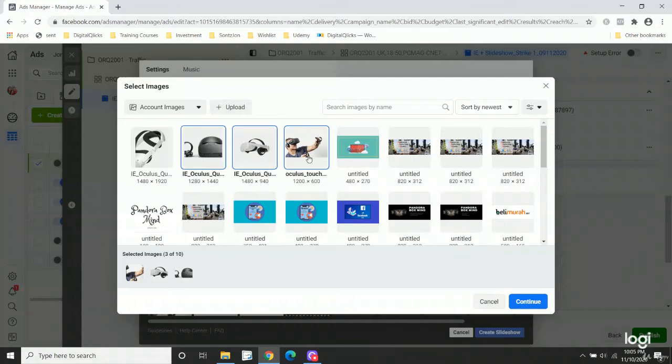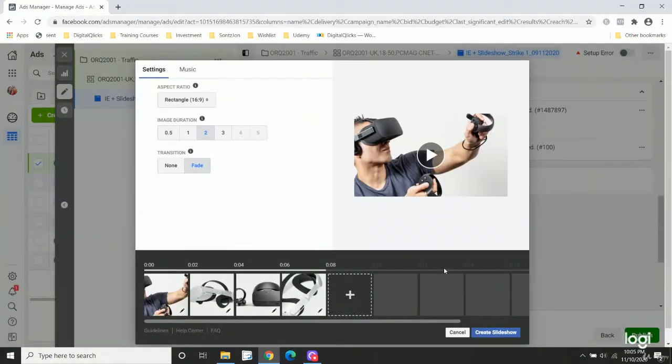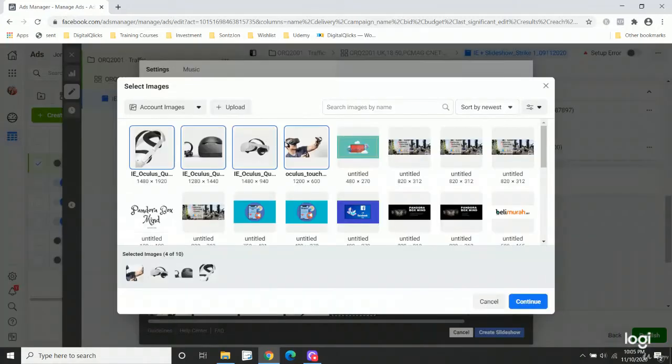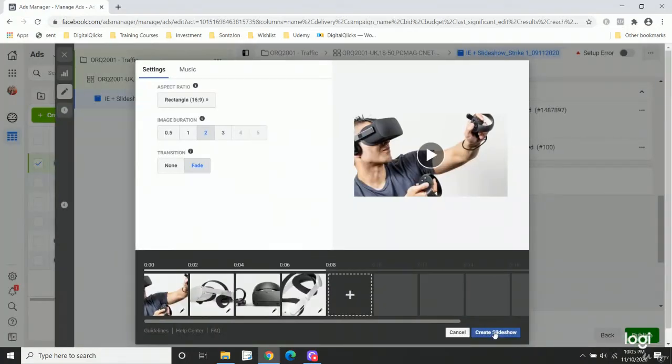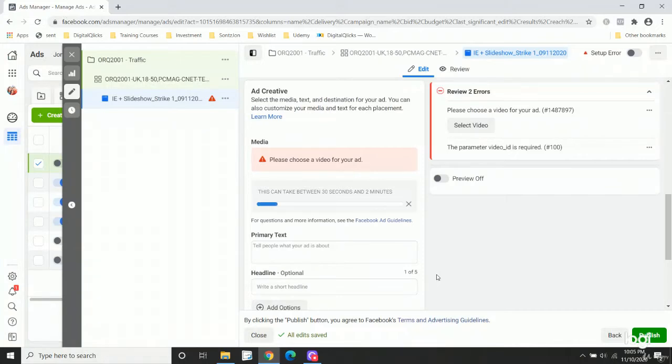So as you can see, blue is the ones that you already picked. The ones that are not highlighted are the ones that haven't been picked. So I pick all 4, and maybe I'd like to add another video. I guess it's fine. Alright, I have 4 images, and then click on create slideshows, and then it will actually